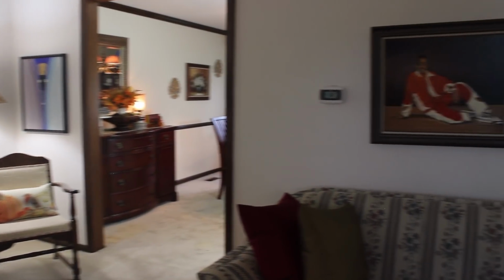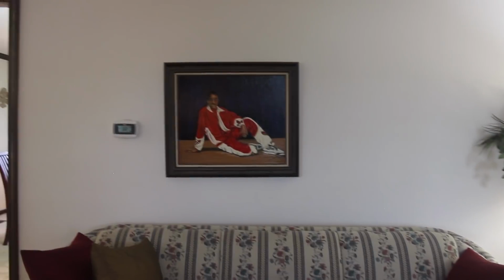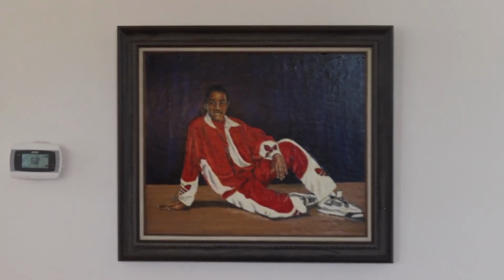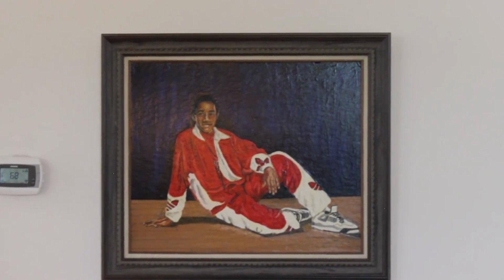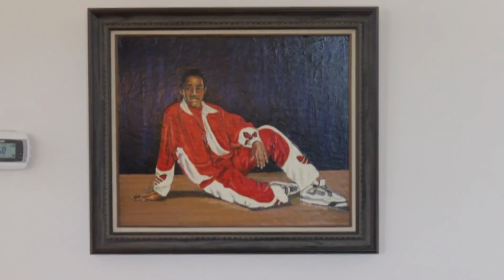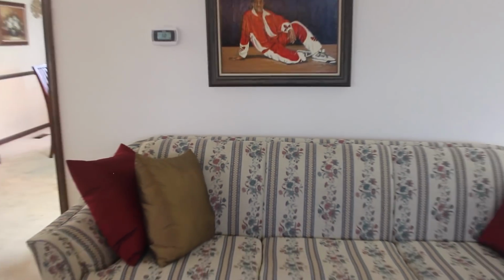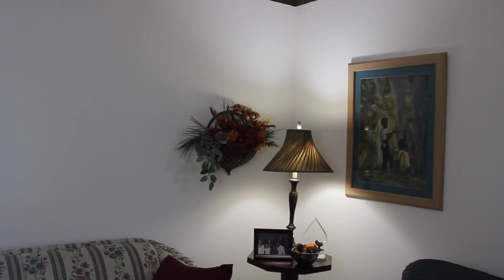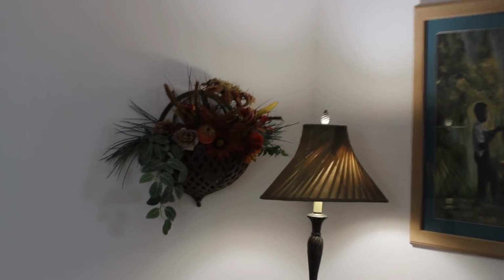Now let's keep moving around in the living room so you can see all that's in here. I've never really done a home tour before, so let me just show you this painting on the wall. And it's one of my oldest son that my husband did. And you guys have seen this sofa. And then over in this corner,